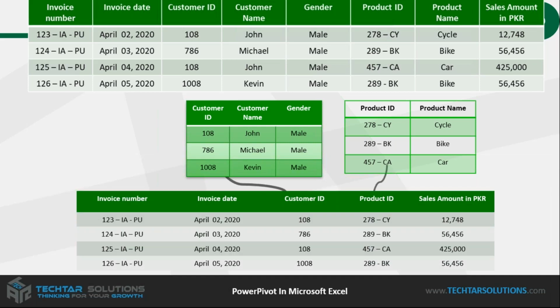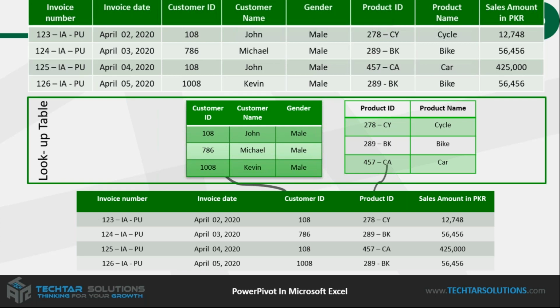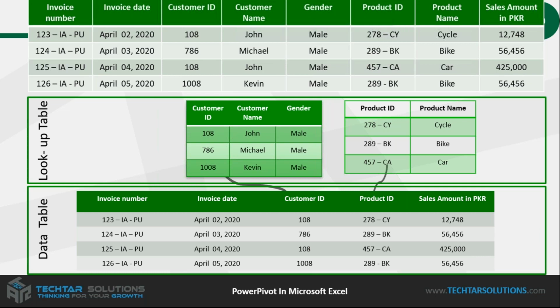Finally, we record all the sales data in the data table, right? So technically, when I use the word business entity table, it is known as a lookup table, and the second table I call the data table.